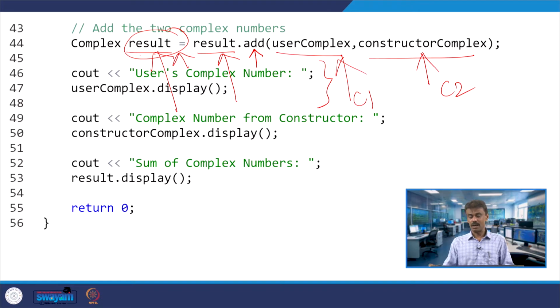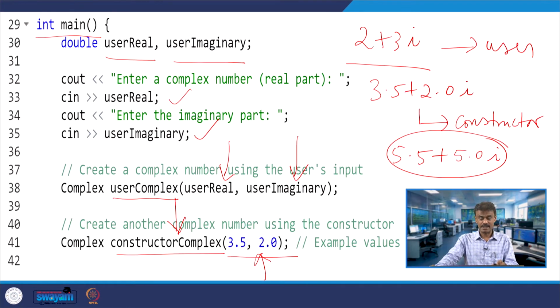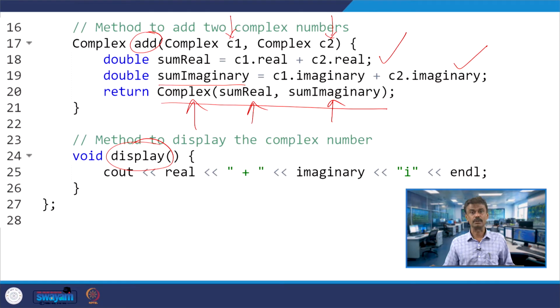When you pass these, they will be assigned to C1 and C2. Then the corresponding reals will be added, the corresponding imaginary will be added, and in line number 20 it is returning the complex object, which is carrying some real and some imaginary.